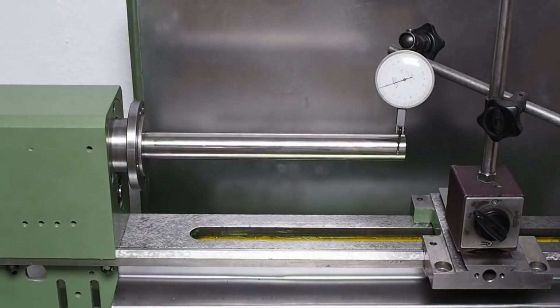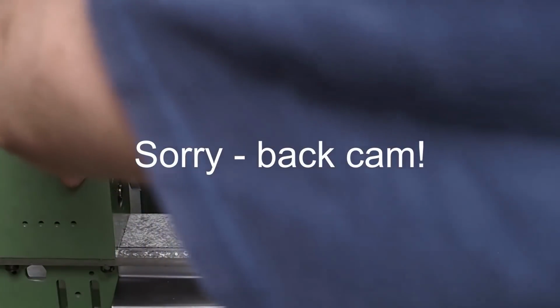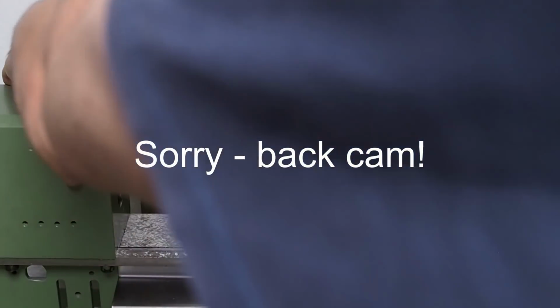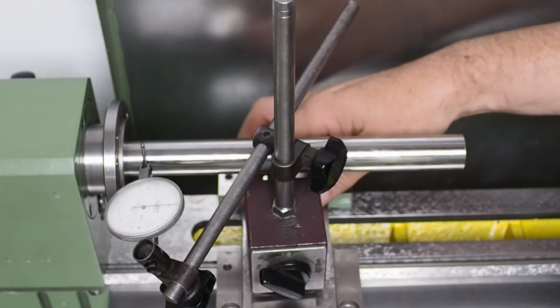Very nice result. I was asked whether the whole table will stiffen things up, and I very much doubt it, so let's have a look. Yeah, no. Can still easily twist the bed by a whole 1/1000th of an inch or more, just with a bit of pressure. Looking now at the vertical alignment,